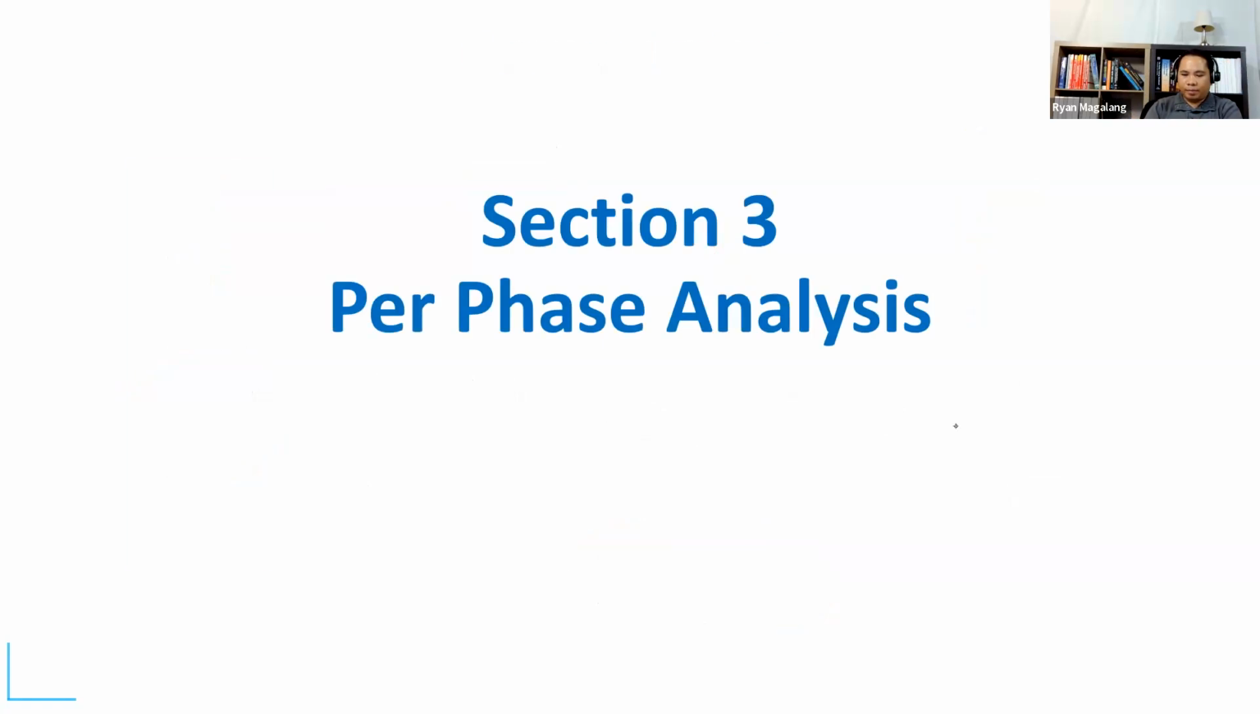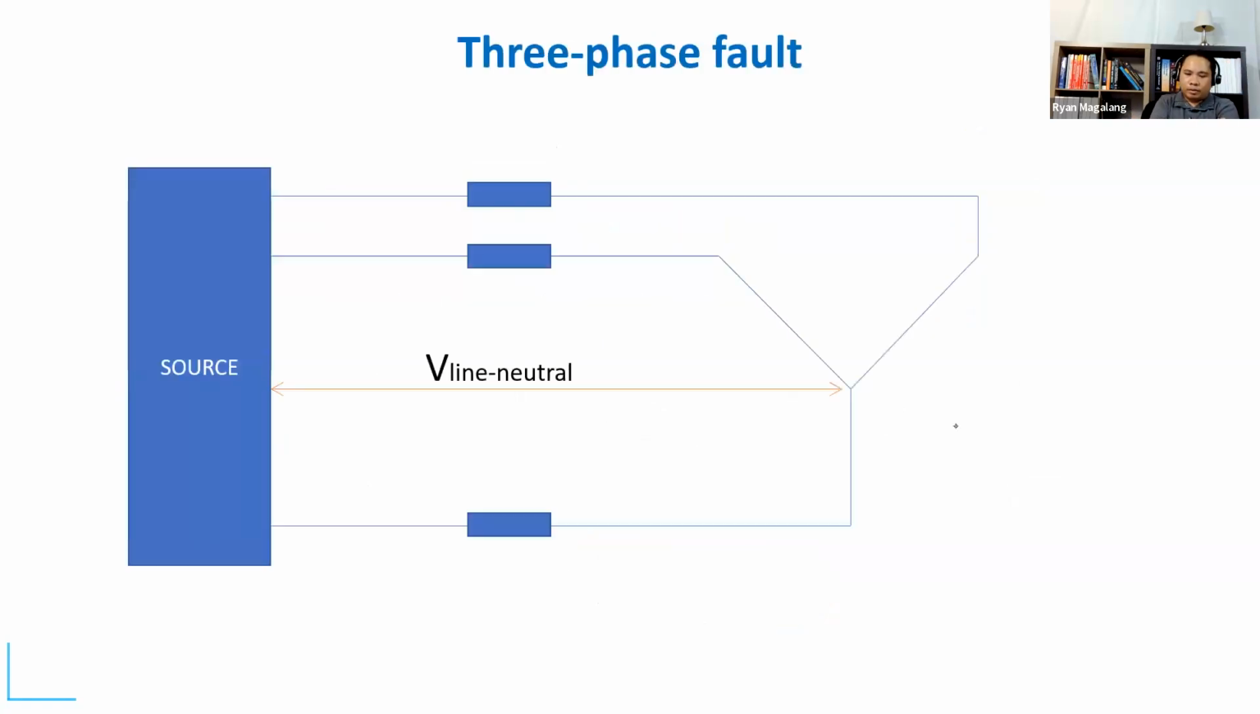Per phase analysis. So here is a representation of a three-phase fault. You could think about it as a Y-connected fault. Why would that be the case? Well, what if I have a delta connected load? Well, that doesn't really matter because, say you have,